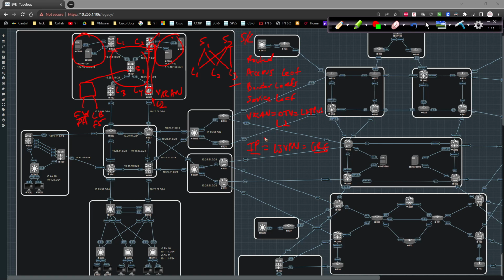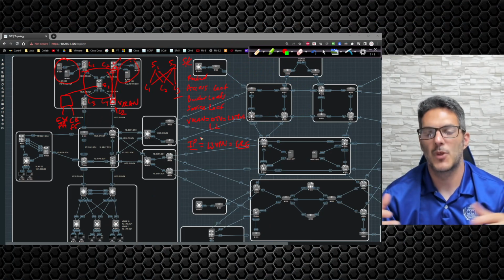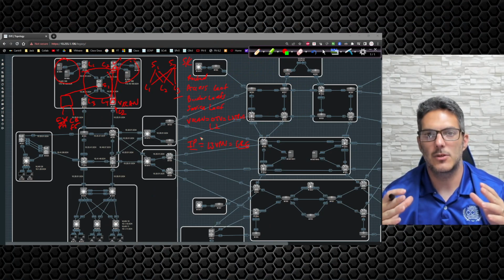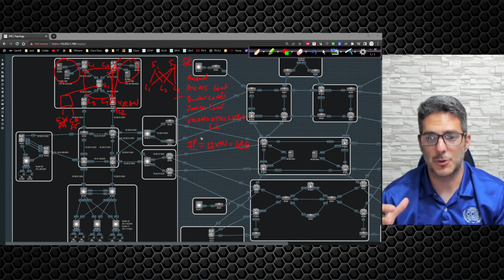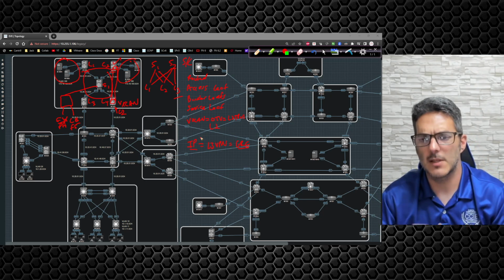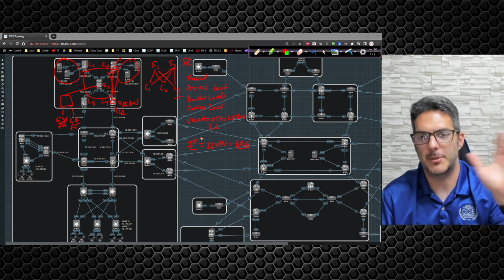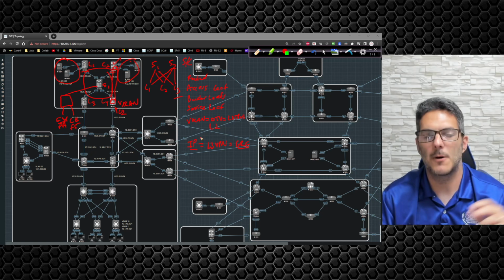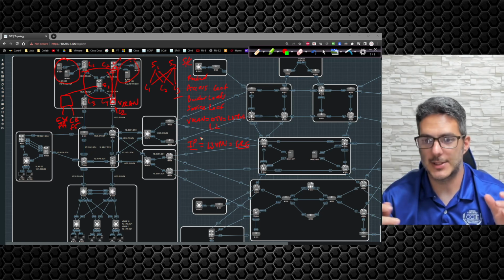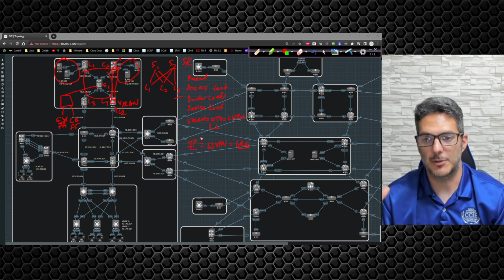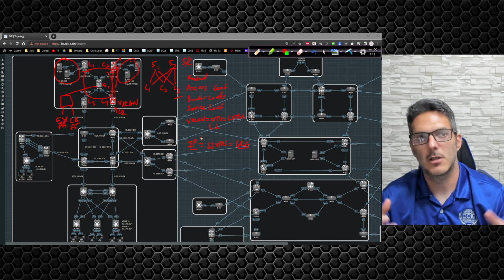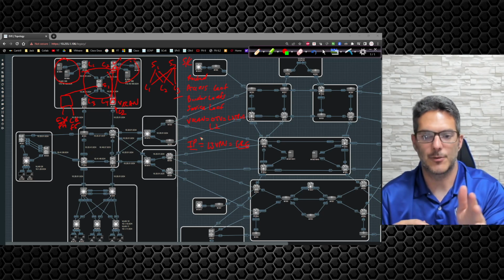So the easiest way I like to analogize this is this. When you get in your car, let's say you're going on a road trip, and I live in the upper Midwest. Let's say, for example, I want to go to Florida. I want to go to Orlando. I want to go see Mickey Mouse, right? Well, I'm going to drive there because I have all kinds of time on my hands, and I like road trips, right? So I'll get in my car, I'll pack what I need, and I'll get on the road,